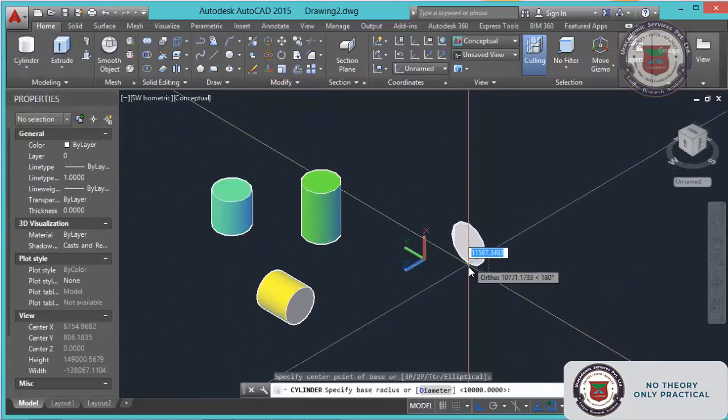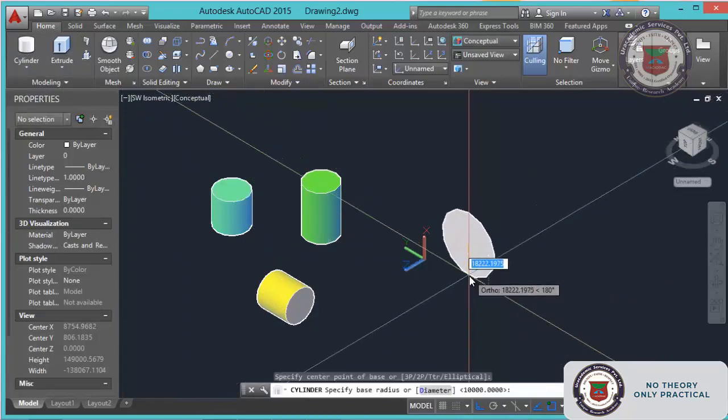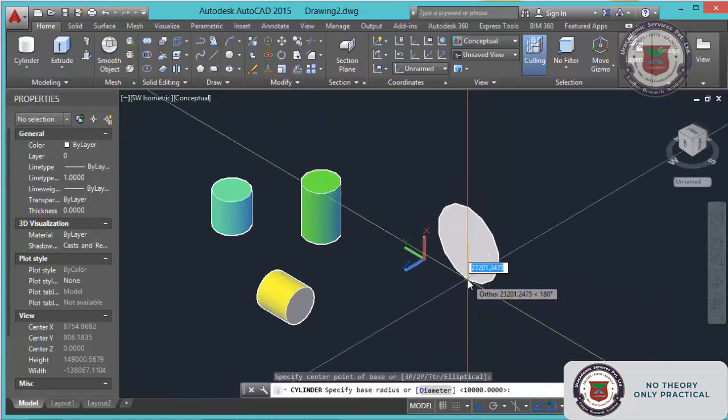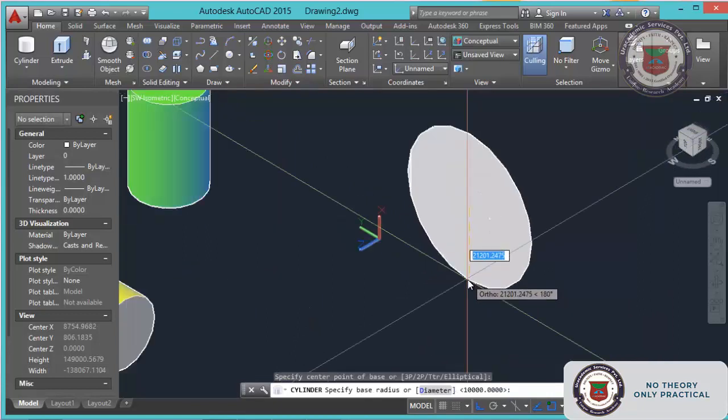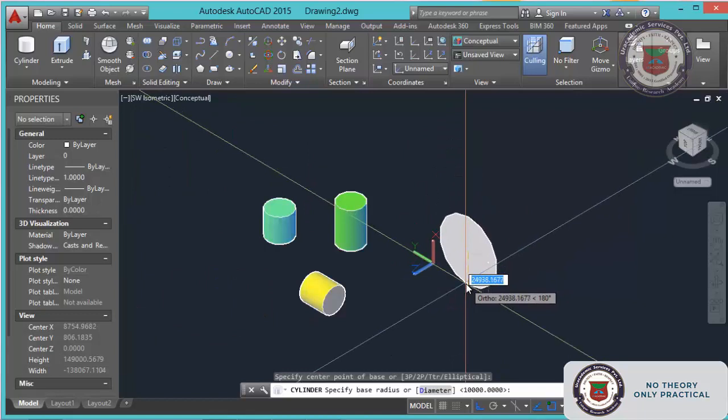Just enter. Now you understood how it will come. Whenever you enter the command, it will give you the picture on the XY plane only. On whichever face you set the XY plane, the cylinder base will come on that face only. I think you understood very well. Now I will give the radius, 10 meter.